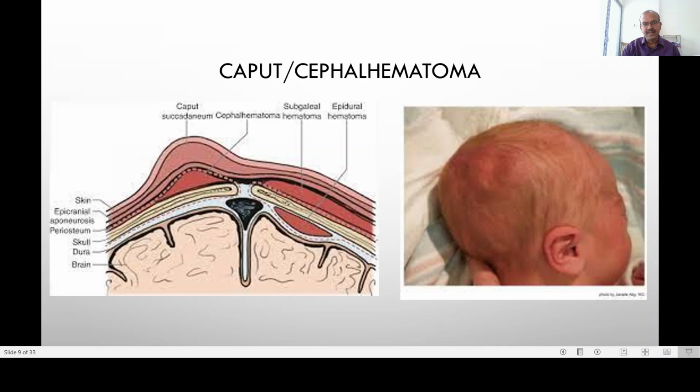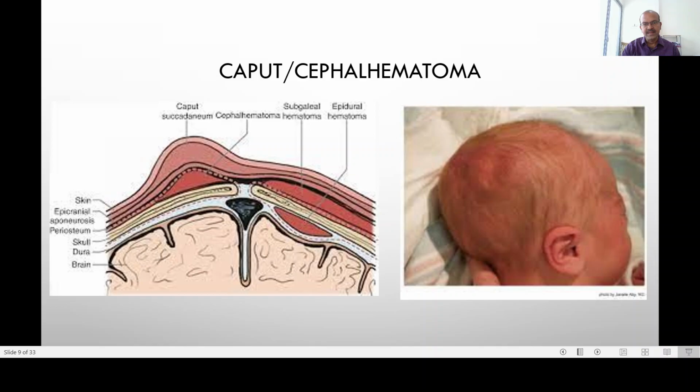The subgaleal hematoma happens between the galea aponeurotica and the muscle layer, and because it's a loose space which is not limited, it can spread widely. So it's very important that we consider the subgaleal hematoma in any traumatic delivery where there is a loose scalp tissue, where it looks boggy, and on turning the baby to one side, it may run to the side which is dependent. This is because the blood can flow within this loose chamber.